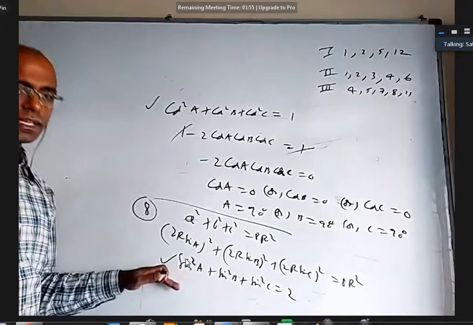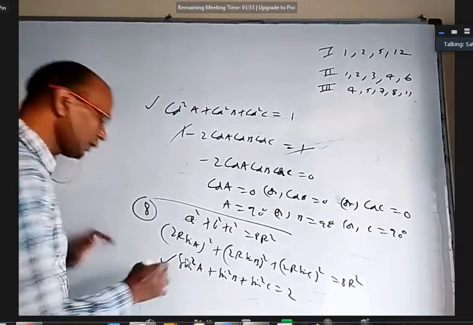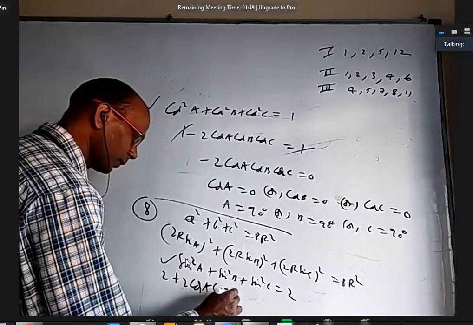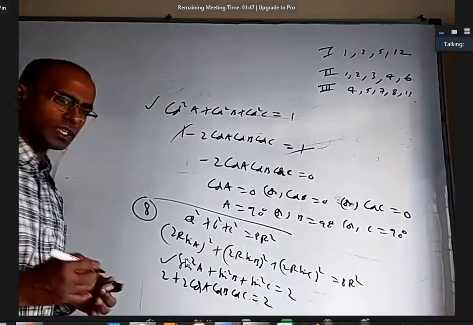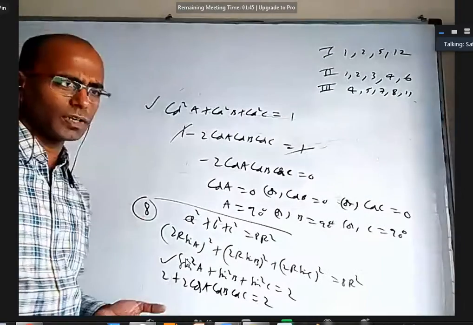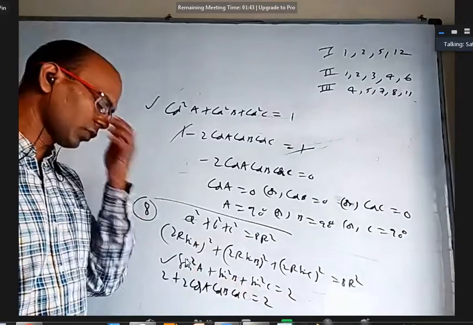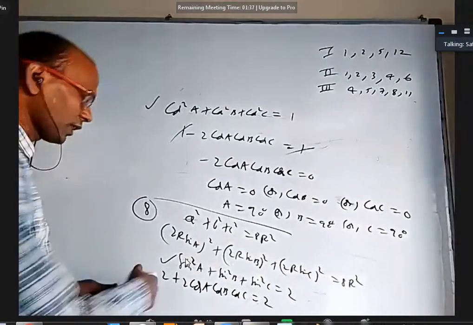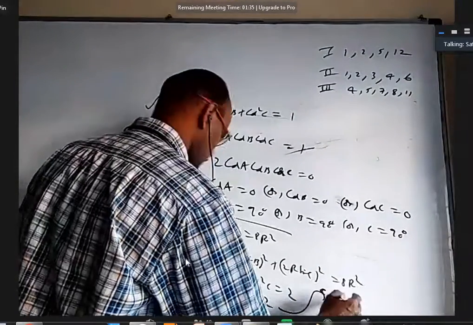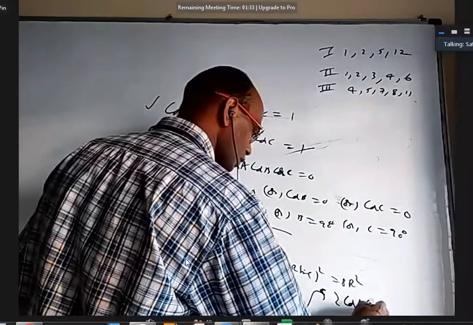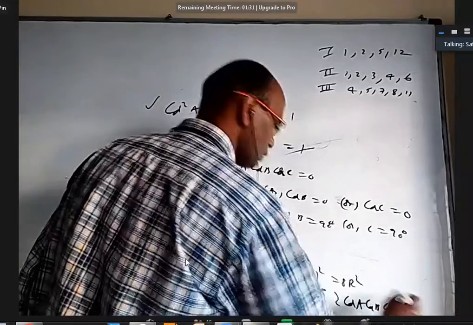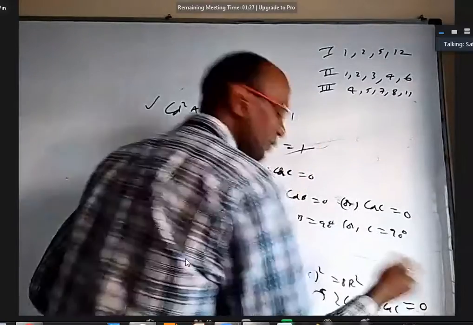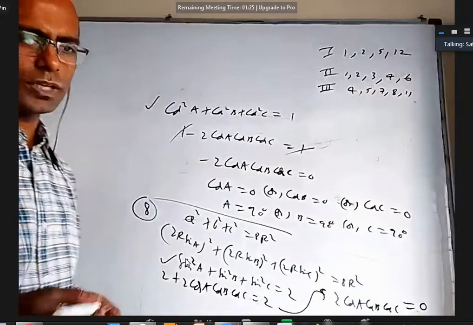If somebody asks what is the transformation for this? Yes, for this also it is there. I think it is 2 plus 2 cos A cos B cos C. Just for confirmation, if I take an equilateral triangle, this is 3 by 4, 3 by 4, 3 by 4, this will be 9 by 4. This is 2 plus 1 by 4, yes, everything is fine. Now you can cancel 2 and you will get 2 cos A cos B cos C equal to 0. Again, same story, either cos A is 0 or cos B is 0 or cos C is 0. One of them must be a right angle.